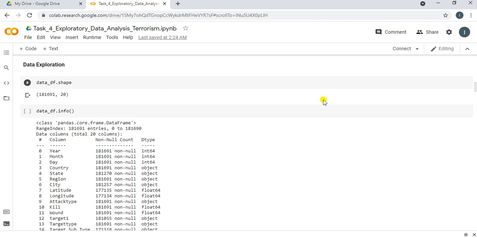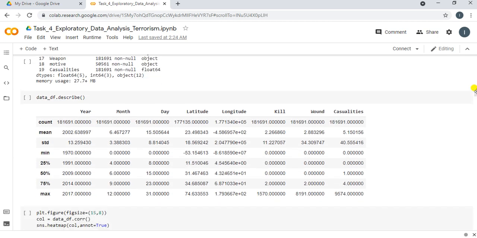The info function is used to extract the essential information like column, non-null count and data types. Further, the describe function is used to extract the summary of the statistical data. Further, this includes column, mean, standard deviation, minimum, 25%, 50%, 75% and maximum.